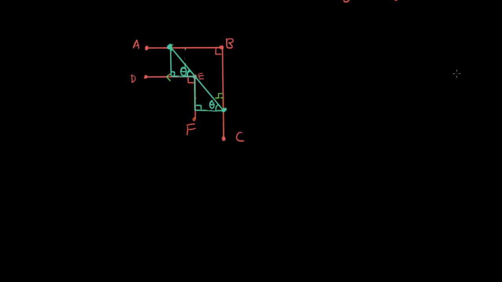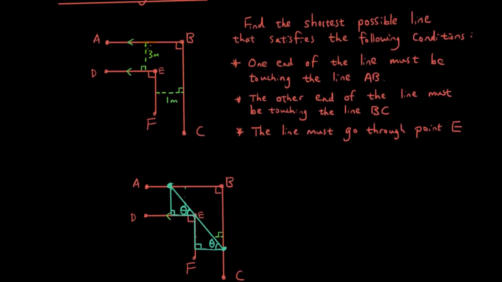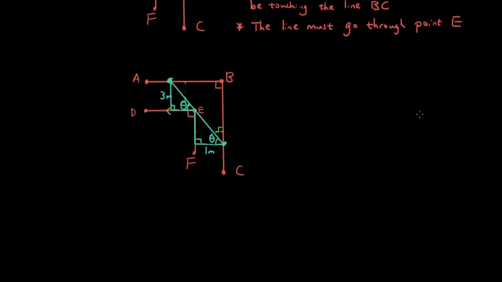Now, if you guys remember the measurements that I gave you, vertically down this top triangle is 3 units or 3 meters. And horizontally, this triangle has a side length of 1 meter. So now let us try and develop an equation for the length of this line. Let's call the length L. L represents the length from here to here, the length of this long line. So L is equal to,